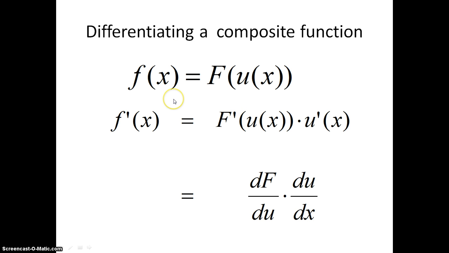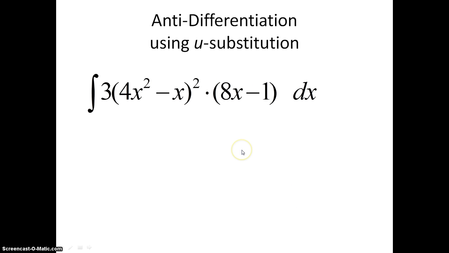So in summary, in the forwards direction, we've had these original functions that were composition functions. And if we called the inside function u of x, then the derivative of the composition would be f prime of u of x times u prime of x. And if that's written in Leibniz notation, we see this product. And just in general, the rule is the derivative of a composition function is a product. So now going in the backwards direction,